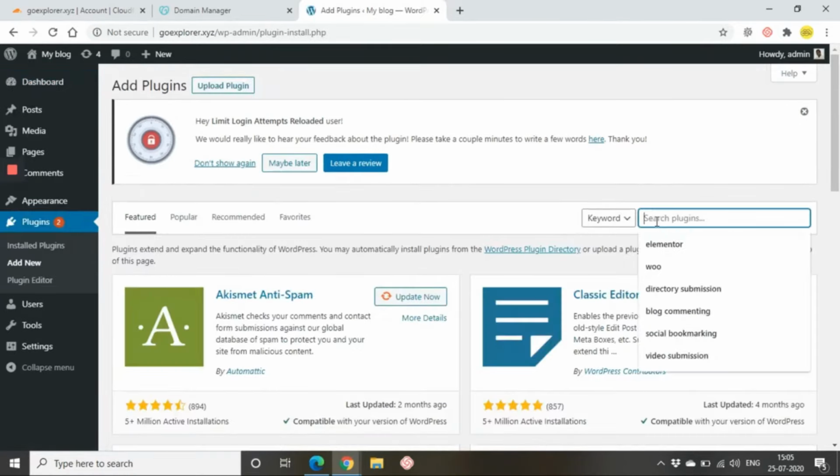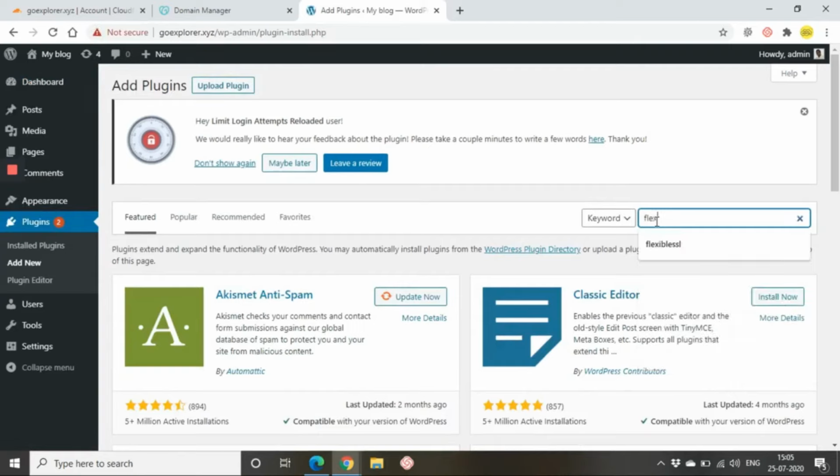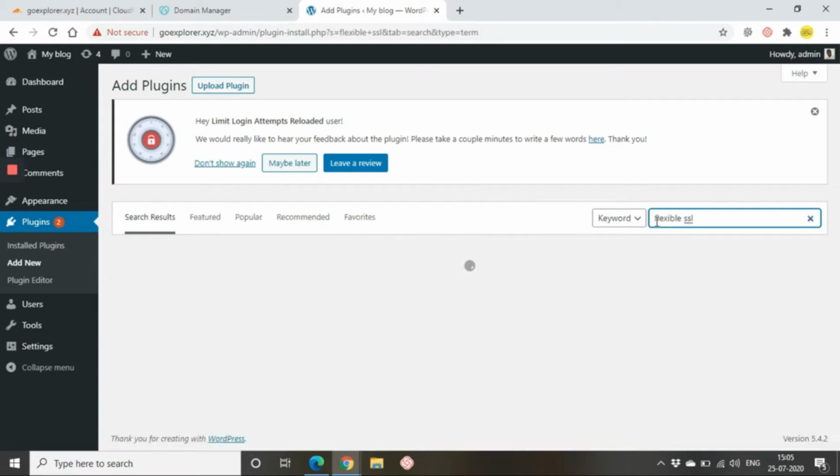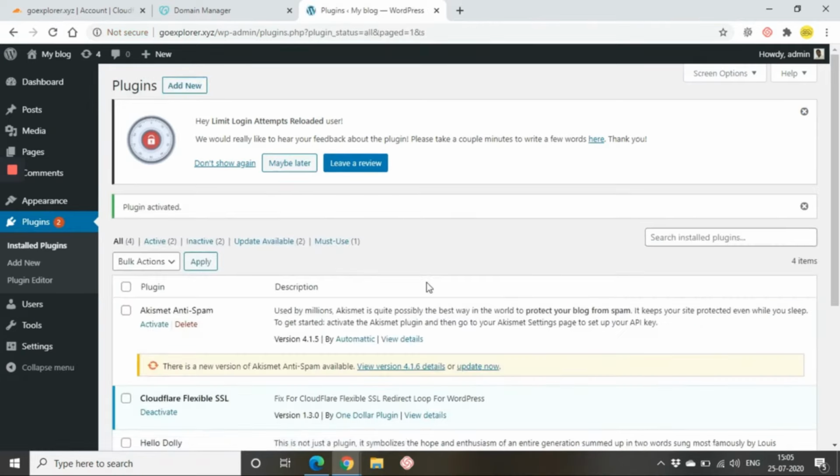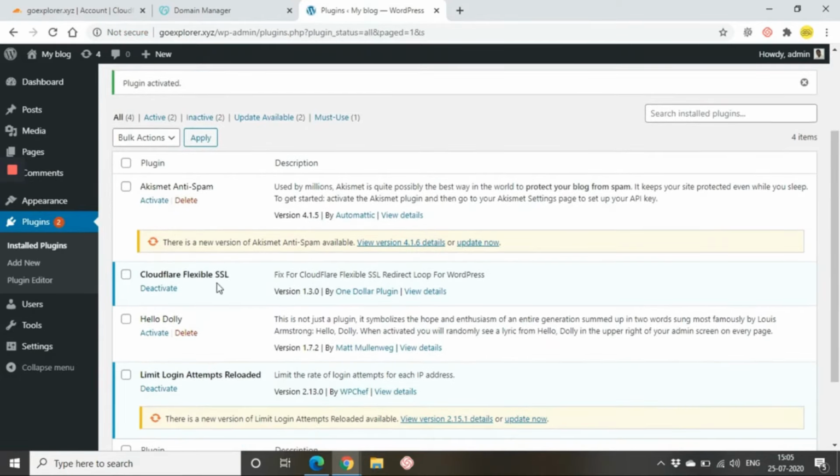Now search for Flexible SSL. This is the plugin, Cloudflare Flexible SSL. Please install and activate the plugin. So this plugin got installed in my website. So let's go back to Cloudflare.